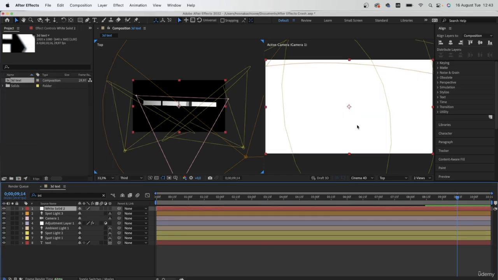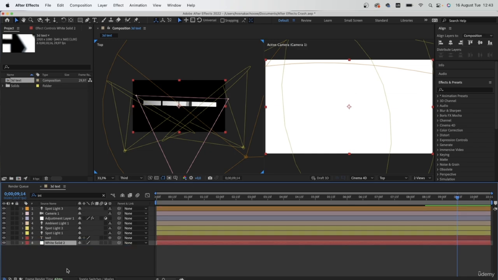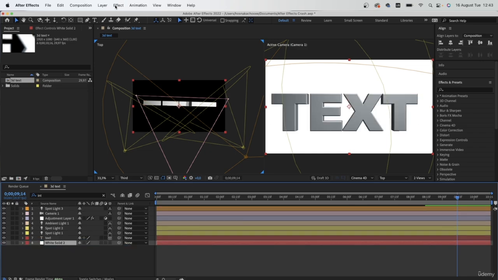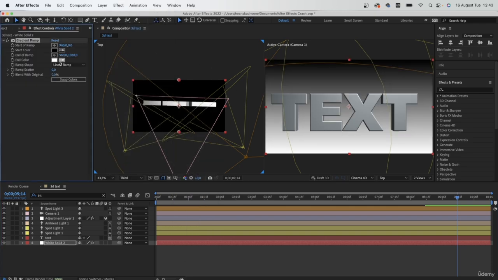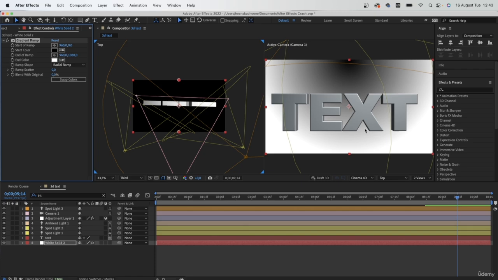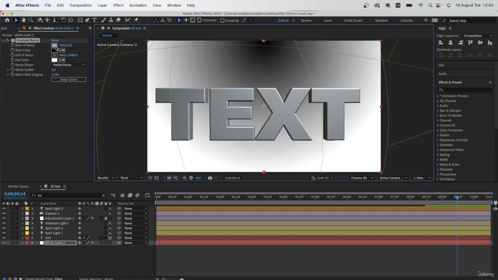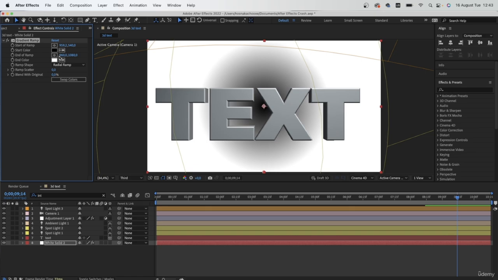Let's make a white background and put in a gradient look. So go to White Solid, Effect, Generate Gradient Ramp. I'm going to go to Radial, place the start of the ramp at the center of my text. Let me just go back to one view. Start of ramp, let's put it in the center. End of ramp, I guess we can go